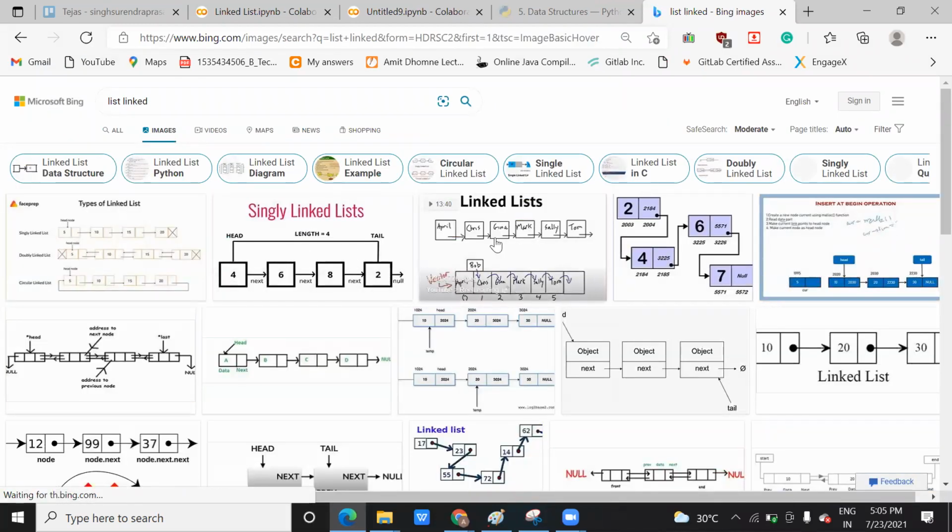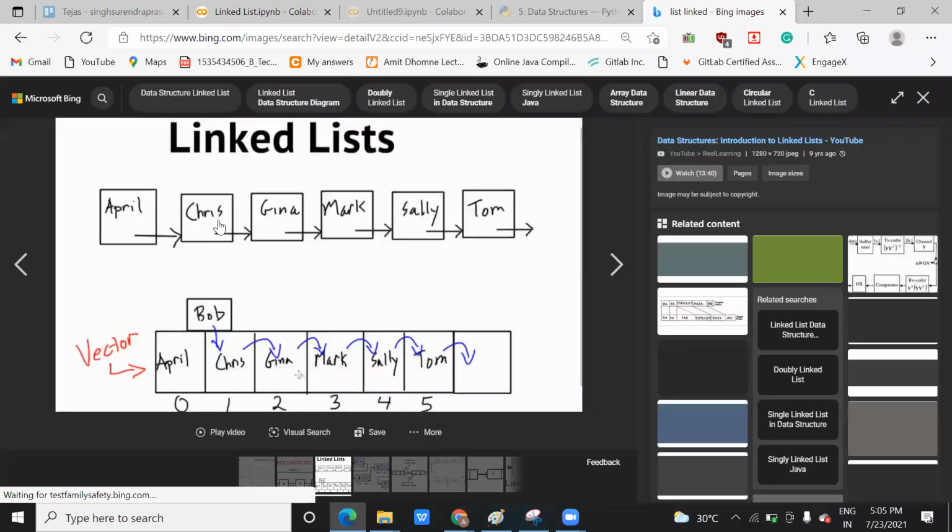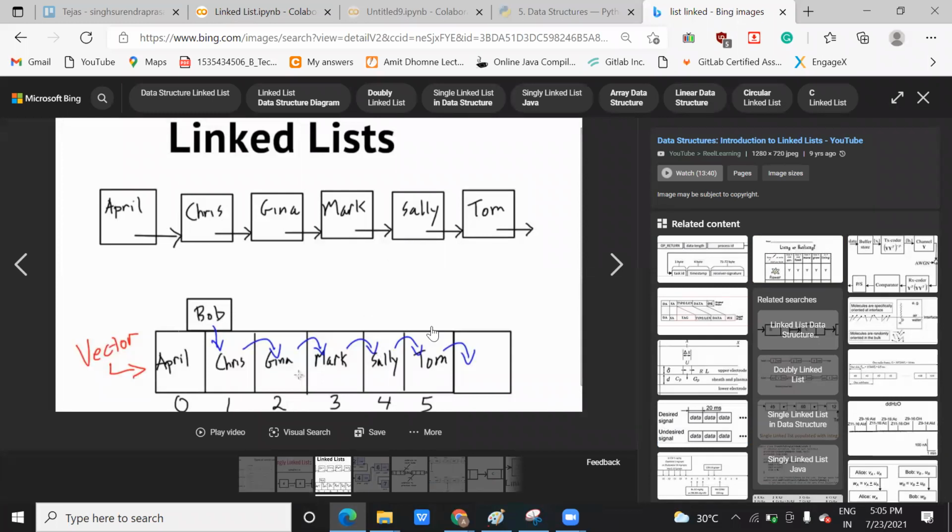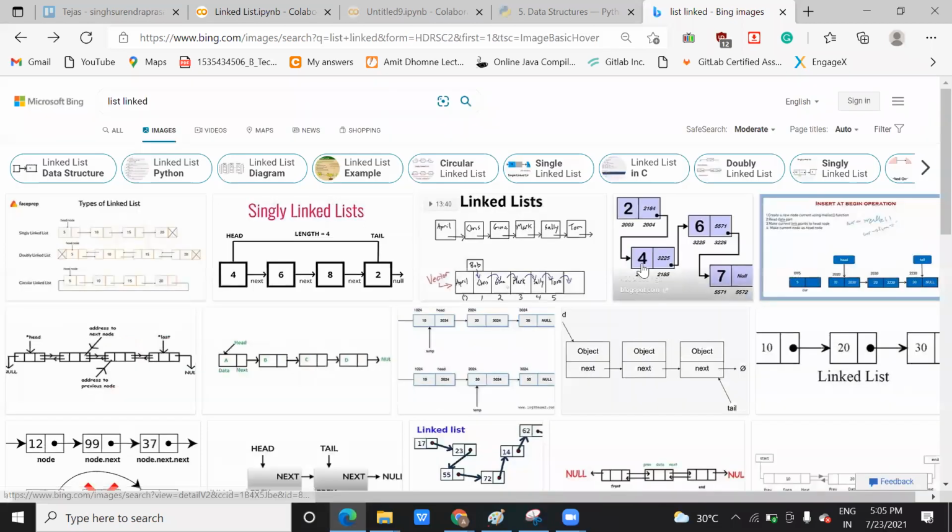You can see this: this is a name, and it holds the address of another element, and like this. Now the last element will hold the address null. Why will it hold null? Because after this there is nothing, so it will hold null. And the address is in the form of a hexadecimal value that represents which node will come next. So based on the address you can quickly reference it.